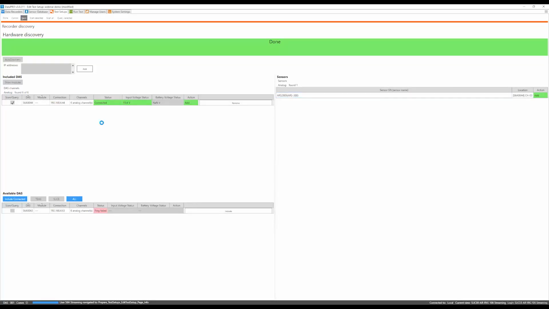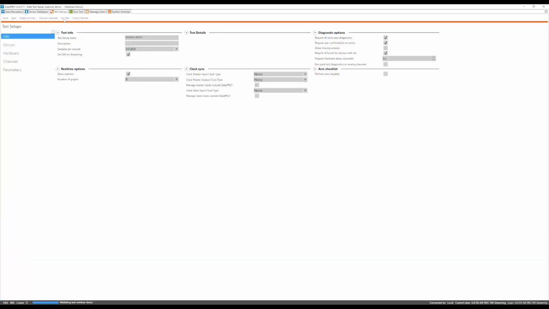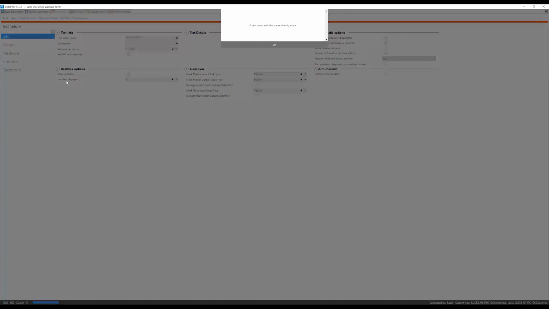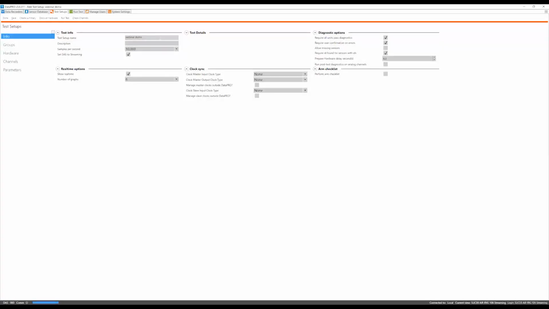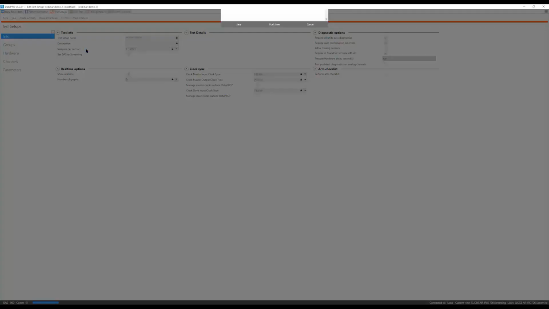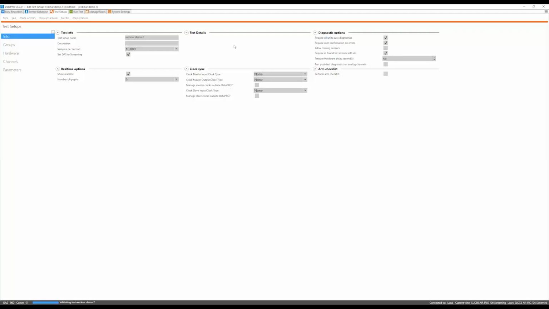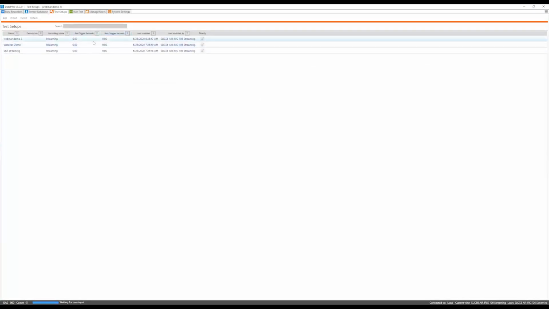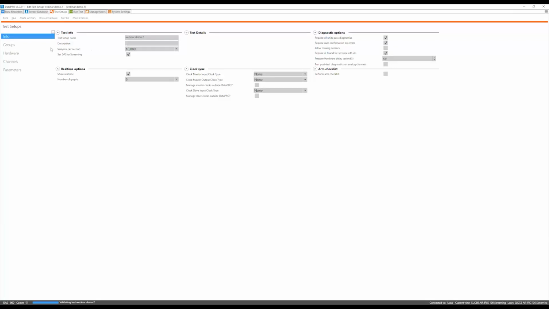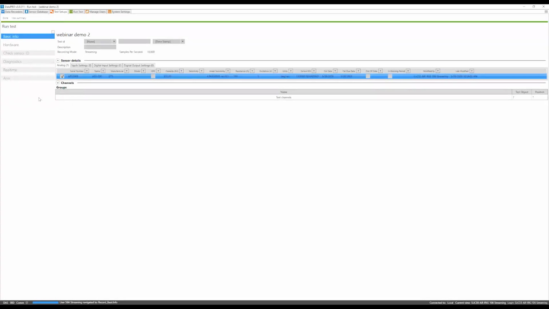I can now save this hardware, and all I have to do is run the test. So this is telling me a warning that this file name already exists. I'll go ahead and call this demo 2. Hit run test again. So when running tests,